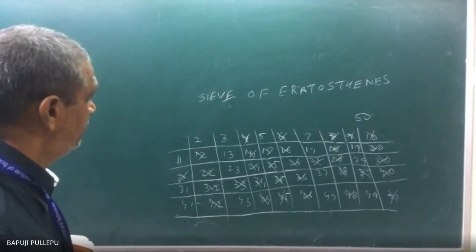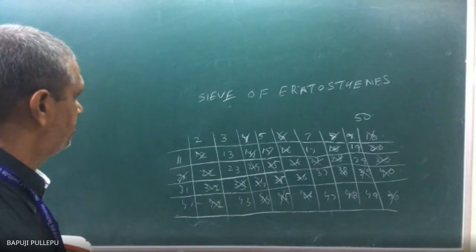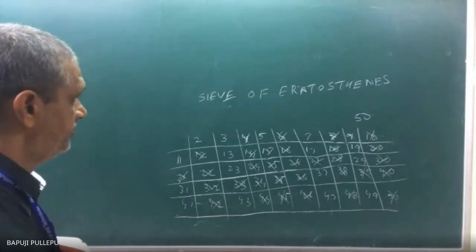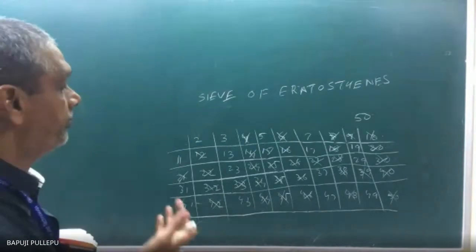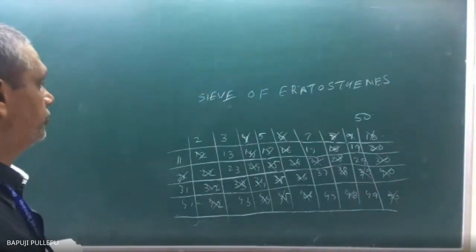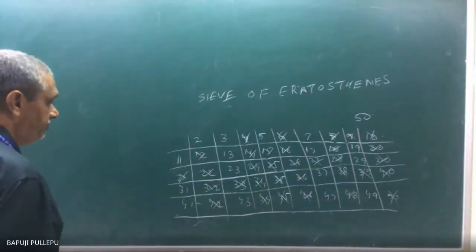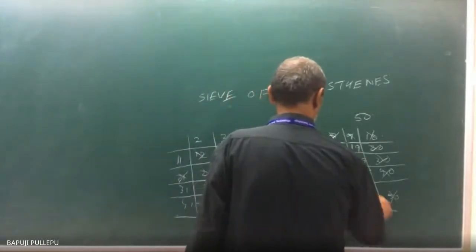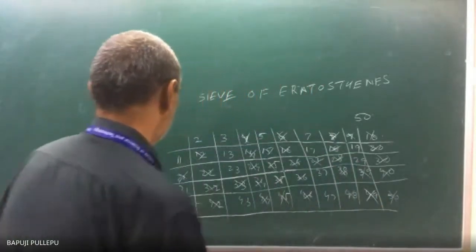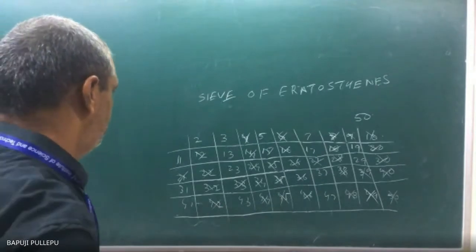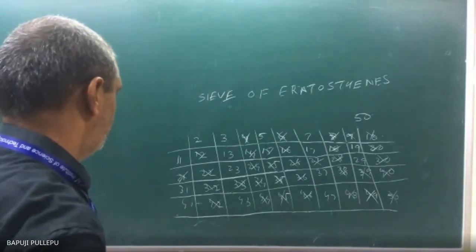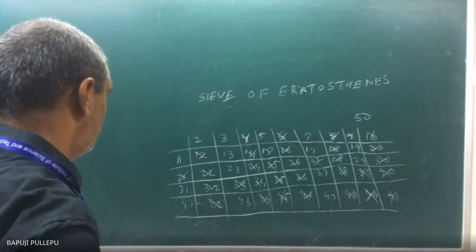Next, 11. If you take 11, what does it mean? Already over. Same for 13 and 17, 19. So for 2, 3, 5, 7 only, the remaining numbers are enough; the others won't be of any use. So what are the prime numbers less than 50? Can you write? 49 will also be cut. Yes, 49 is there. That's why I wanted to check this. With 11 and 13, is anything left? Nothing there. And 17 also, twice 17 is 34, over.